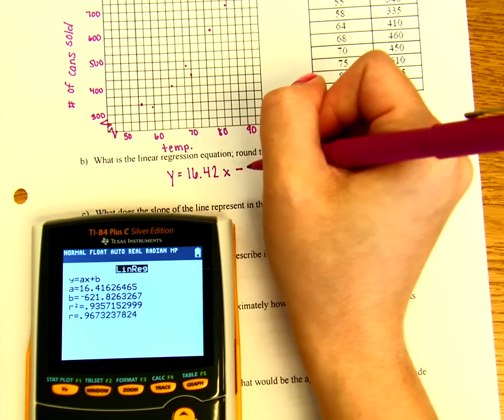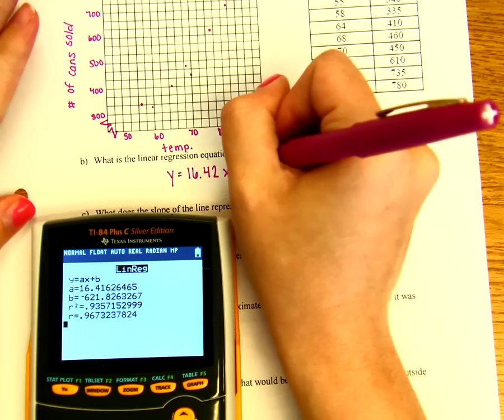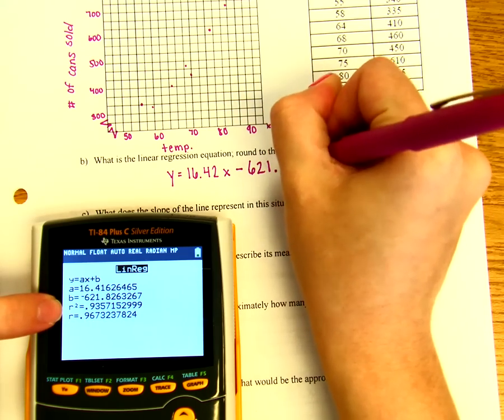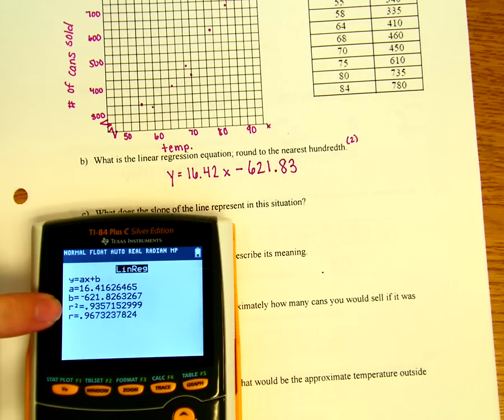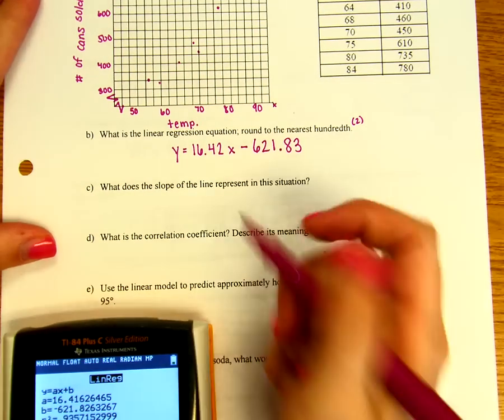And now this is a negative number, so you should have minus 621.83. Or if you do plus the negative, that's okay. I'll give you credit for that. So there is our linear regression equation. Now, if you jump down to question number D,